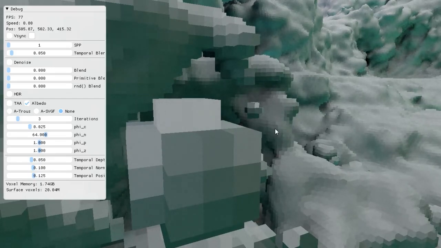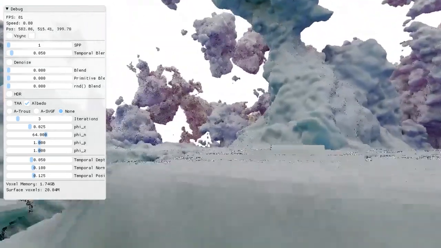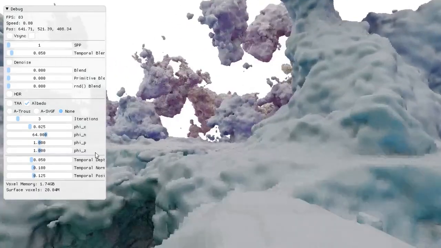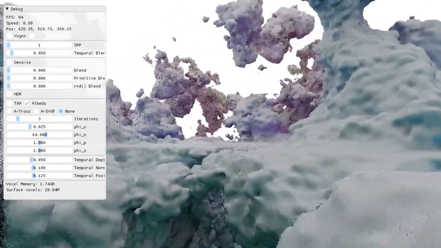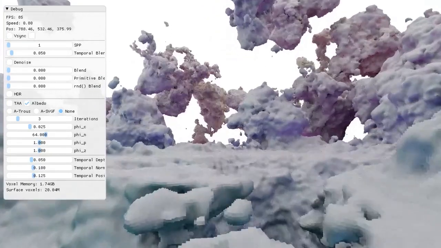And that's really easy if you're just doing camera movement. All you do is just take the view and projection matrix in the last frame, use that to reproject the samples across or into the current frame. There's your motion vector. You don't even have to handle anything else. Of course, with doing that, you run into issues where in the distance I have aliasing due to there being a high density of voxels, and